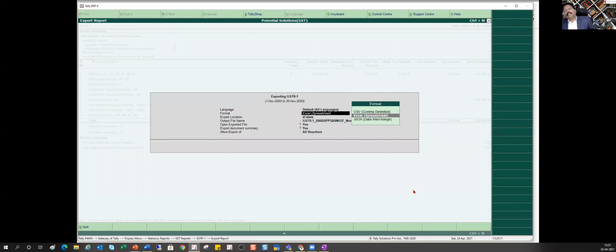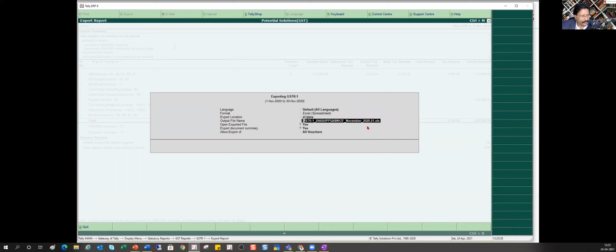Tally has automatically created the format as per the required format of GSTN. It will create your Excel file with all those sections as per your GSTR1. So all you have to do is take it as Excel. If you want to directly upload, then you select JSON. Now I'm going to show Excel.